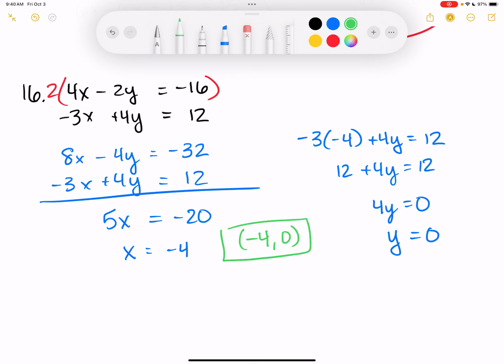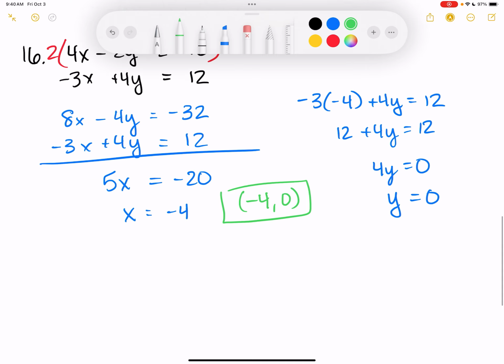And what I typically recommend, if I used the bottom one to plug into to solve for y, use the top one to check your point. Because that way, if you made a mistake over here, you'll pretty much be able to figure it out by using the opposite equation. Again, you don't have to do it that way to check it, but that's what I would typically choose to do. All right,